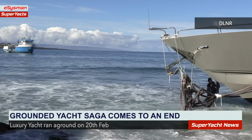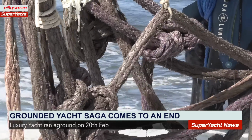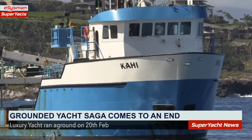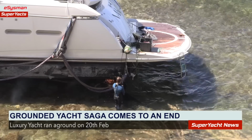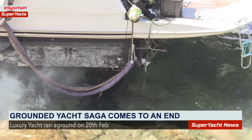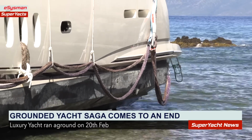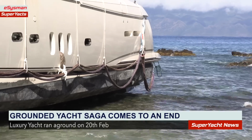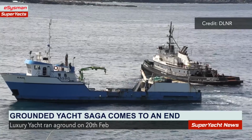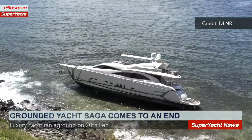The salvage company spent all of Saturday and Sunday morning attaching extra thick rigging lines to the stricken yacht. And the salvage crew from the Kahi also used a carbon cutter to free either the yacht's prop or rudder, believed to be the reason for early attempts failing. The yacht was prepared for the third attempt in 2 weeks after the yacht's grounding, and the weather was now perfect for such an operation, as you can see in this video footage here from the DLNR. After more groaning from that beached yacht,